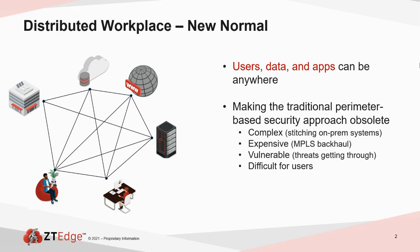These systems just don't work as effectively as everyone anticipated. That's why we see the headlines around ransomware, et cetera. Vulnerabilities are finding a way into the new normal. And finally, it's difficult for users. Things have gotten quite complex. Security is a hassle for users. They look for workarounds because it starts to impact their productivity. So with this as the environment, I think there's a realization by many organizations that they need to rethink what